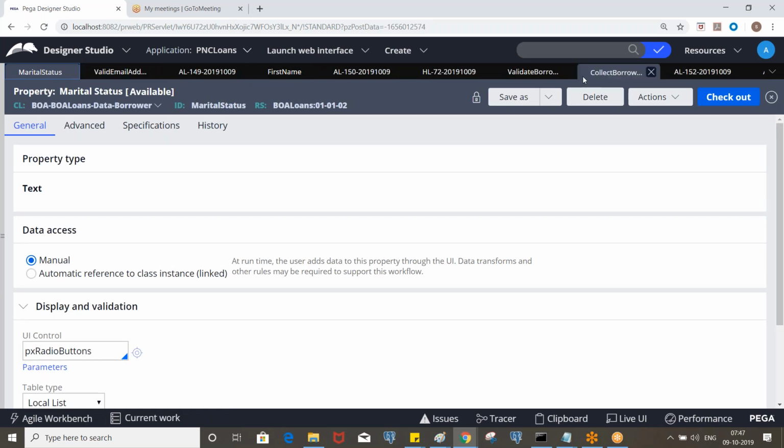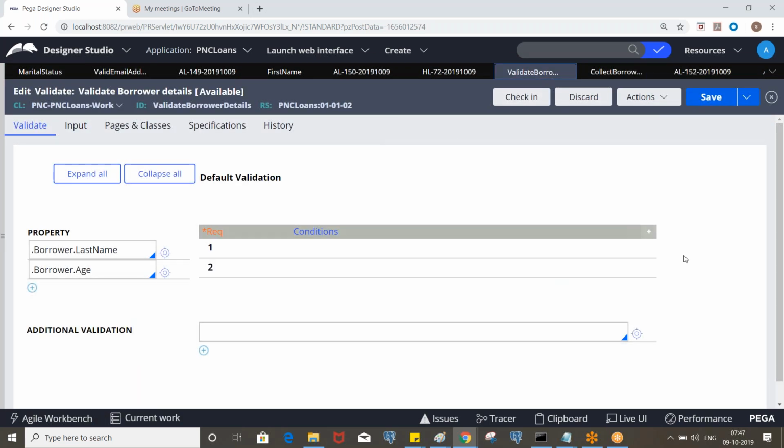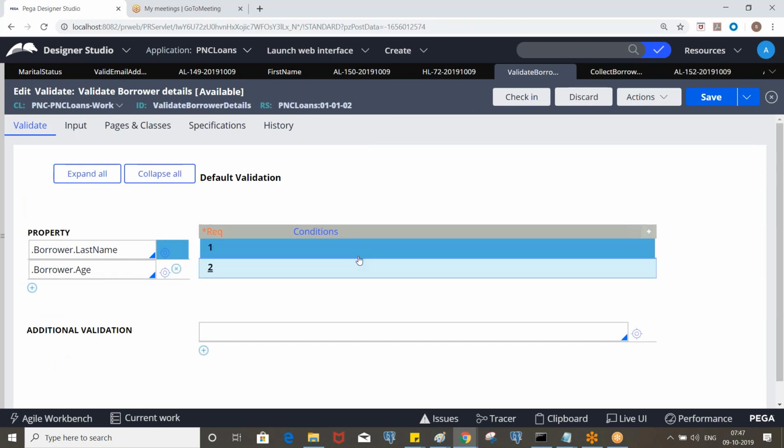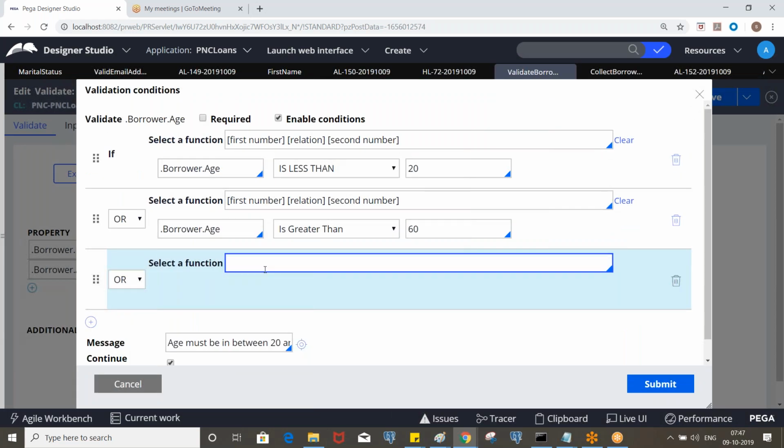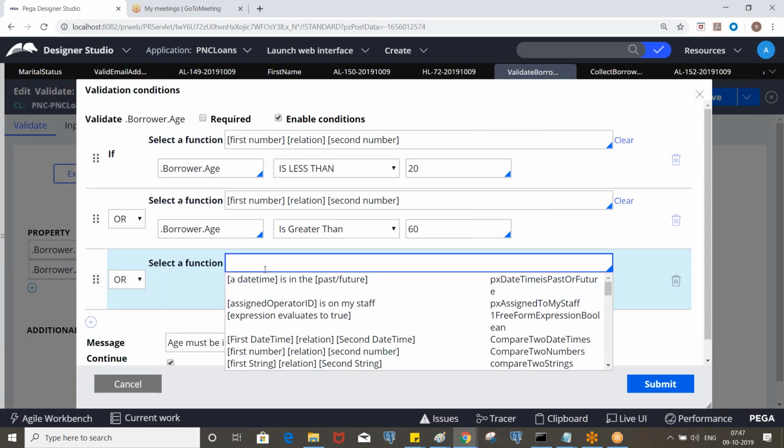Okay, so let's say we have two different dates. Let me show you that. The function, right? A date time is in the future. Okay, so let's say we have a date property, and if you are not entering the future date, it will display the message, this must be a future date. So let's say you are applying for a leave, and the start date must be in the future, so you can use this validation.